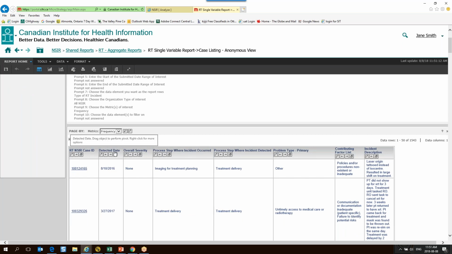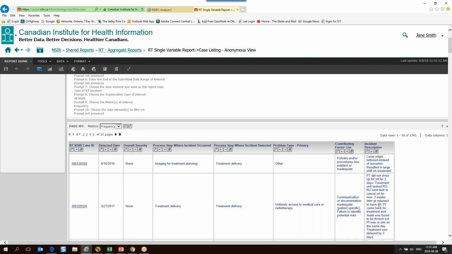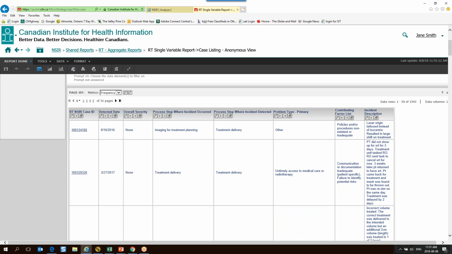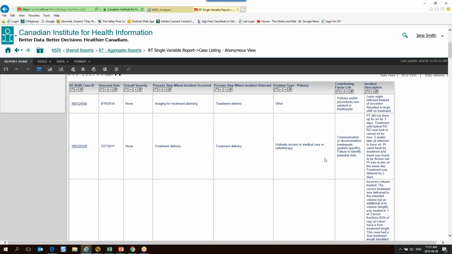And it gives me a little bit of information about each one. Detected date, overall severity, a process step where it occurred, where it was detected, the primary problem type, the contributing factors, and a quick description, or the description is listed here as well. And so that sort of gives me an overall view of what's going on with each of these that I've